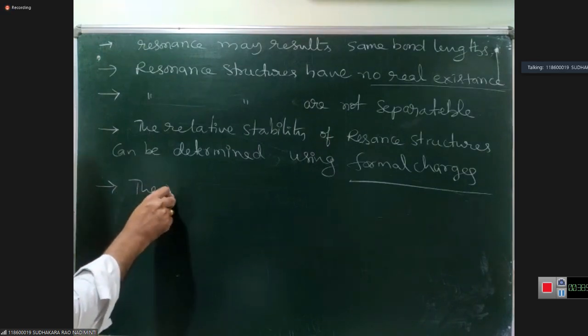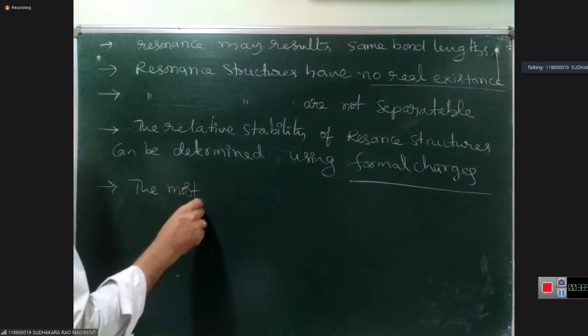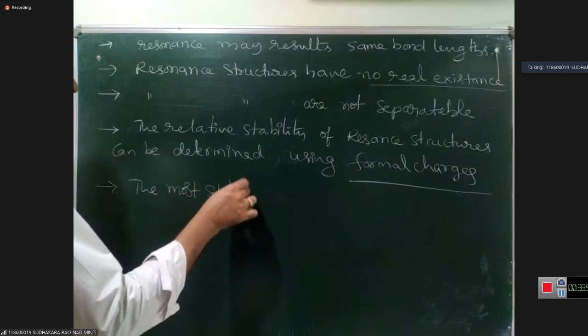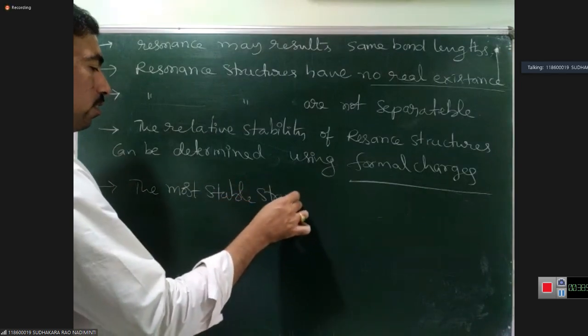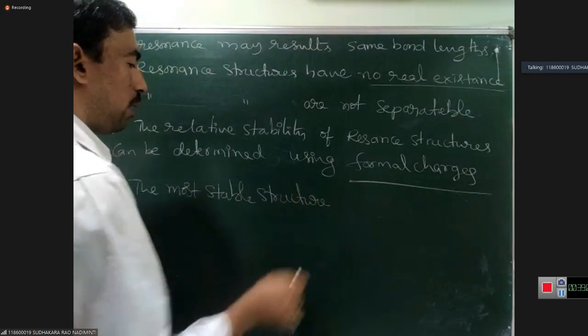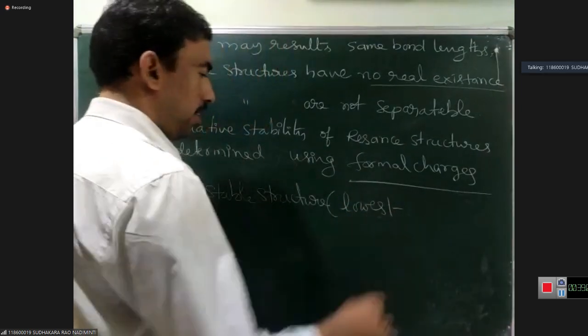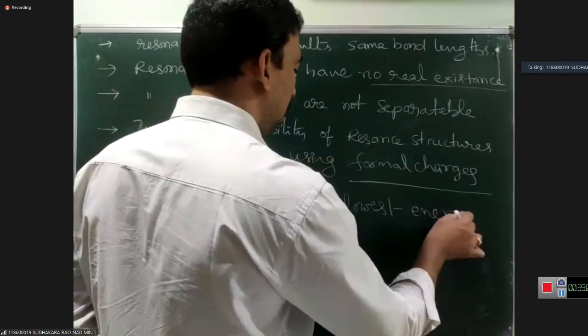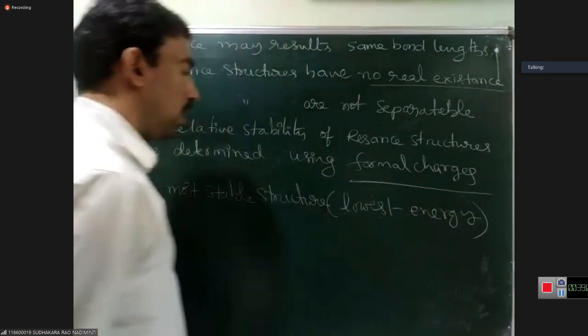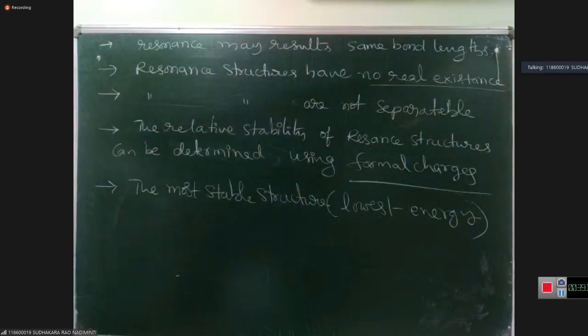The most stable structure is the lowest energy structure. Lesser the energy, more is the stability. The lowest energy structure is the one which has